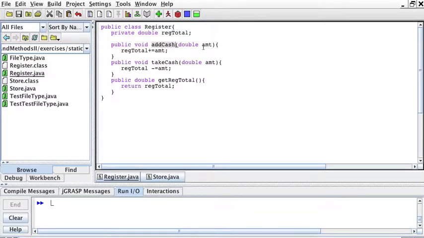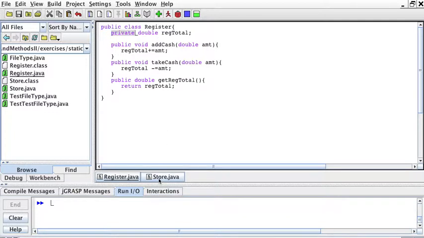It has a method to add cash, where you pass the double variable amount, and that amount gets added to the register's total. Then you have a method called take cash, which is when people give change or whatnot, take cash from the register. So you take some amount that is then subtracted from the register's total. And then you have a method to get the register total, right? That just returns that variable. It returns a double, as it is noted here. And that is because rect total is private, so it cannot be accessed any other way but with that method. So a class Register that can add cash, take cash, and get the total of that register at the end